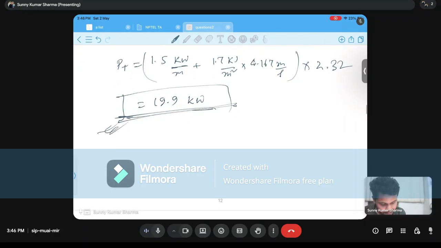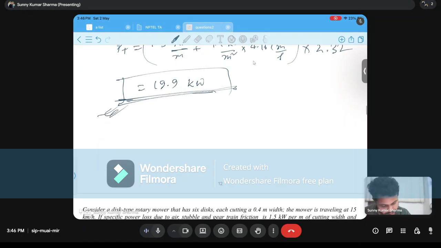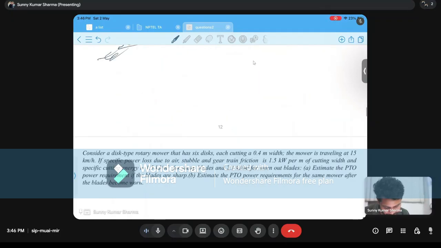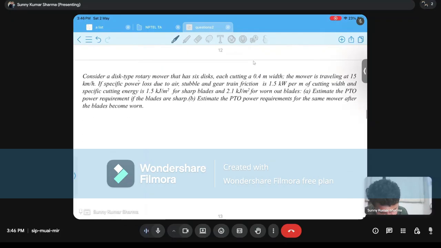So I hope this is clear. So this was again the question from vertical conveyor reaper. Next question is again from rotary mower,